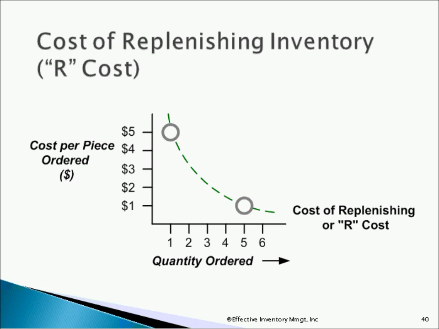If I buy one piece of the product, that one piece has to absorb all $5. Okay? That's going to come out of my profit when I sell the product. But if I buy 5 pieces, and it costs me $5 to buy the item, each of those pieces only has to absorb $1 of the $5. As you can see from this curve, that cost of replenishing inventory decreases rapidly the more I buy. Okay? The other cost that I incur when I buy products is the cost of carrying inventory,